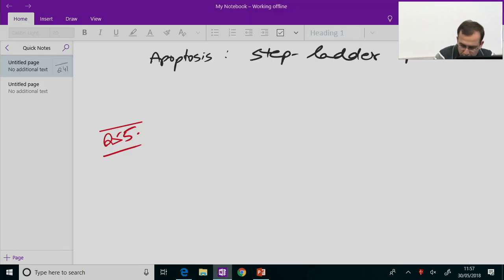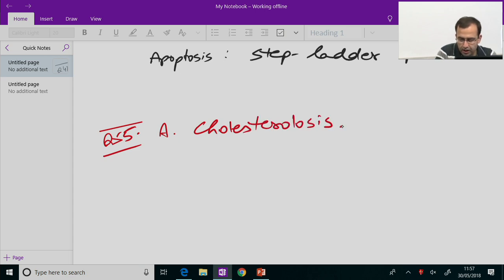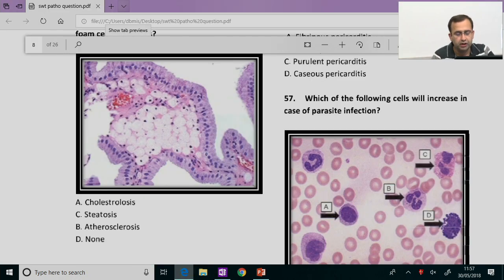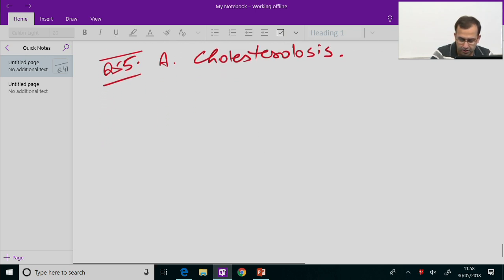So question 55, the answer is A, that is cholesterolosis. In the question, they had also mentioned foam cells. Even if it was not mentioned and you just had the image, you are able to see the presence of numerous foam cells, making the answer cholesterolosis of the gallbladder. Next,